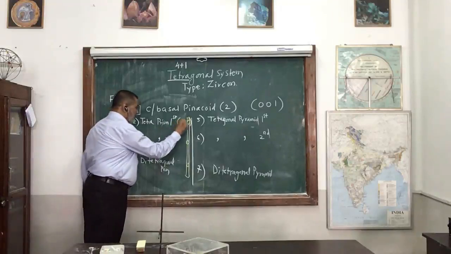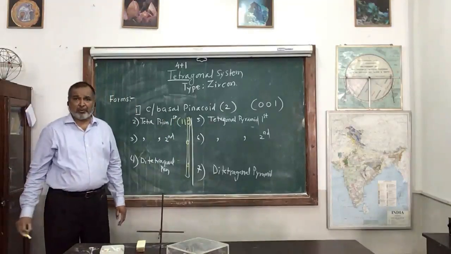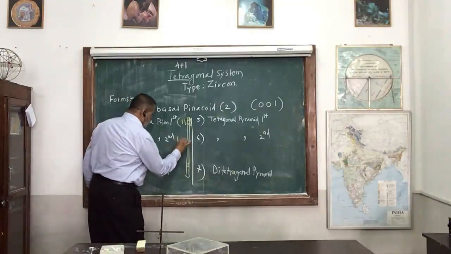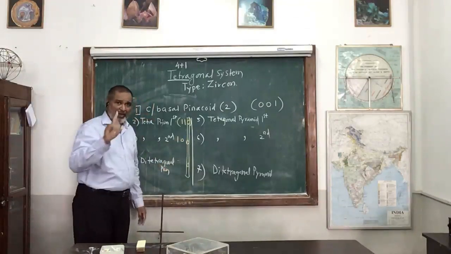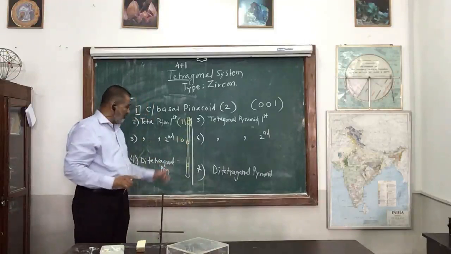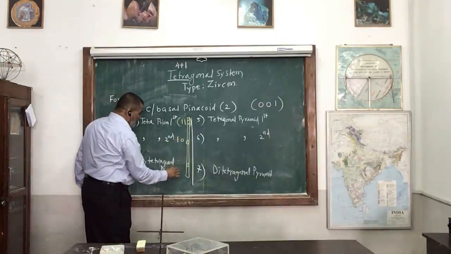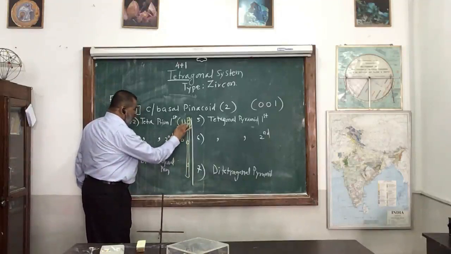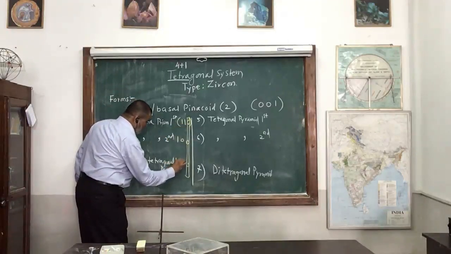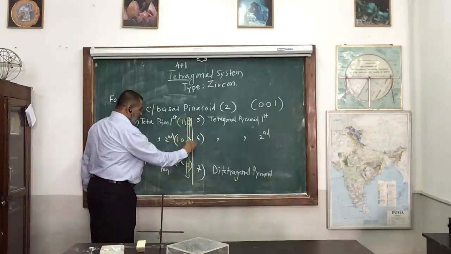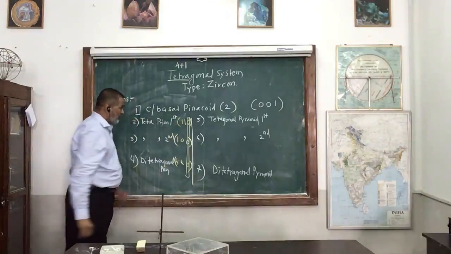Now, for the first order we have 1, 1, 0. For the second order, one more axis remains parallel, so 1, 0, 0; 1, 0, 0 is there, but we don't write it that way, we write 1, 0, 0 for the front face. Then for the ditetragonal prism, A1 and A2 are cut at unequal lengths, so h k 0. This is the first order, the ditetragonal is the second, and this is the first order.